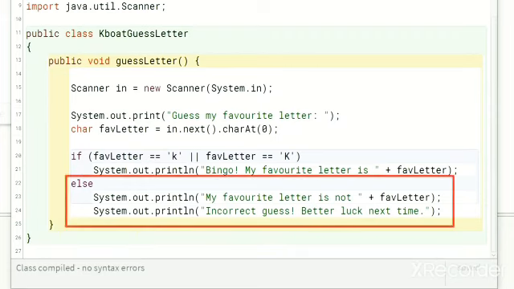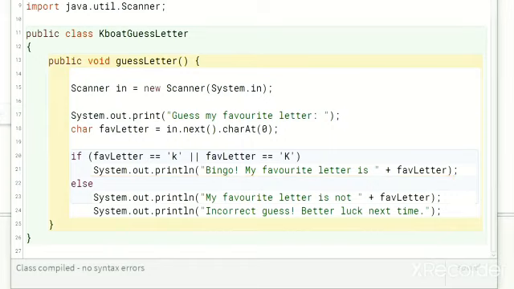Looking at the indentation level of this line, it is clear that I want to execute both statements inside the else clause of the if statement. But if you remember our discussion about white space in Java, compiler ignores all the white space. It only cares about the tokens in the program. So this code compiles and executes but behaves incorrectly.